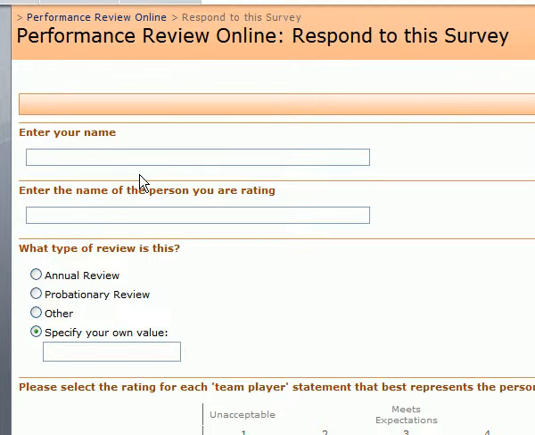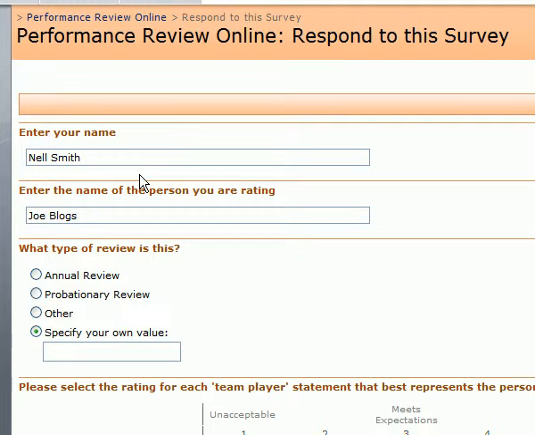But this review has been created so that you can collect information not only from the employee, you can have the manager rate them, you can have the employee rate themselves, you can send a link through to another staff member to get a bit better indication of how the employee is going. So you would enter here your name as a manager, Nell Smith, and we're doing Joe